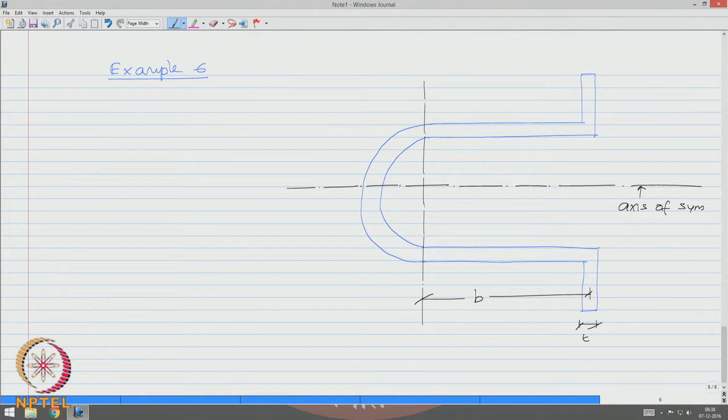Therefore, shear center will lie on this line. This is O. Let us say the center of this is R. The section has uniform thickness T